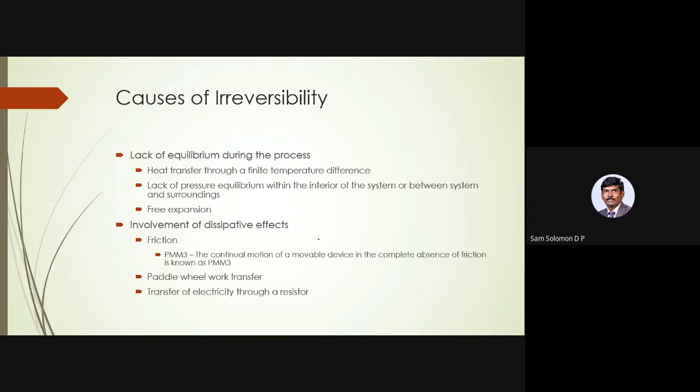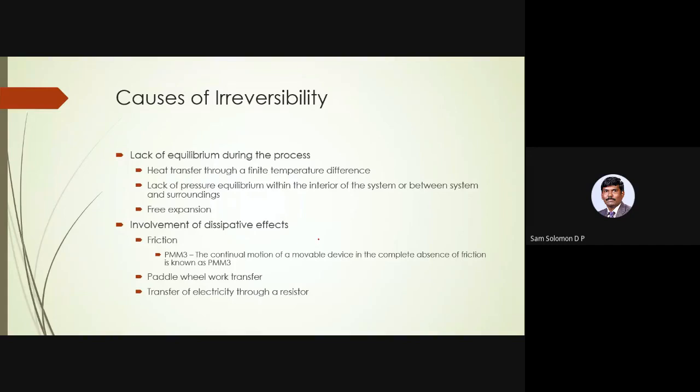But such a kind of process is not there in nature. There is no reversible process. Once there is a process on, then there is going to be an irreversibility. So what is the cause of this irreversibility? There is a permanent change in the system and the surroundings. In some cases, the system is brought back, but there is an impact on the surroundings. Okay. So there is a permanent damage done to the universe.